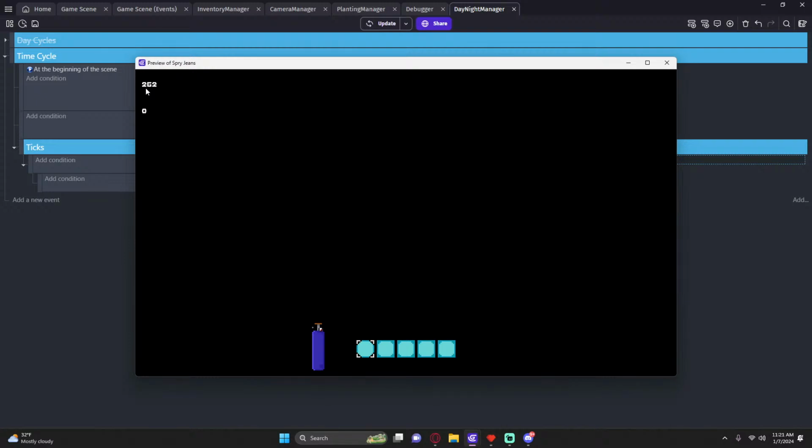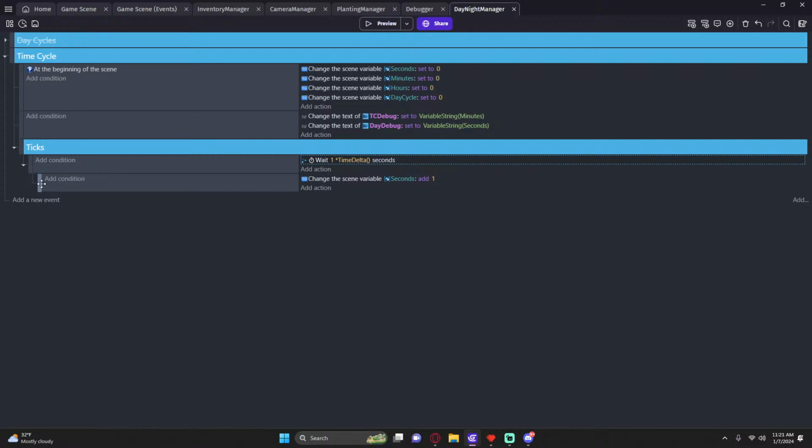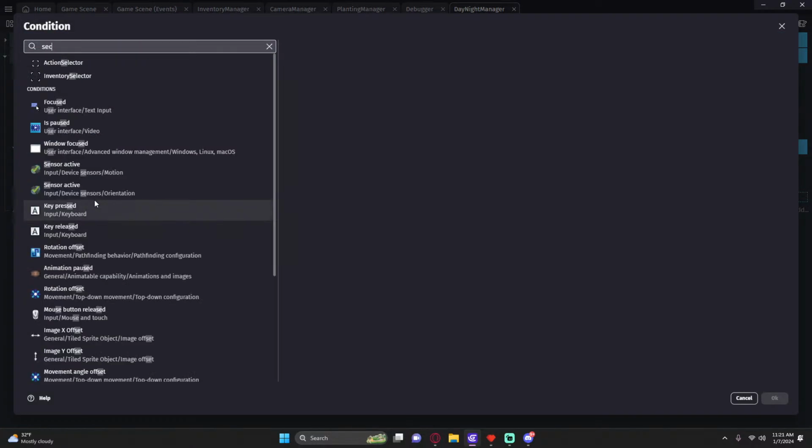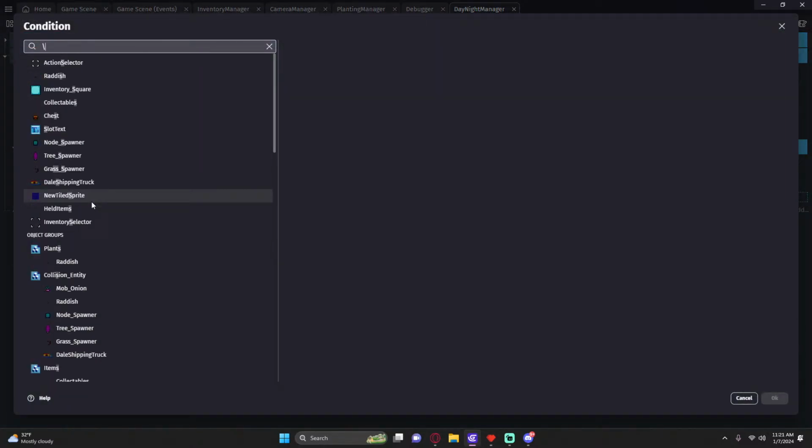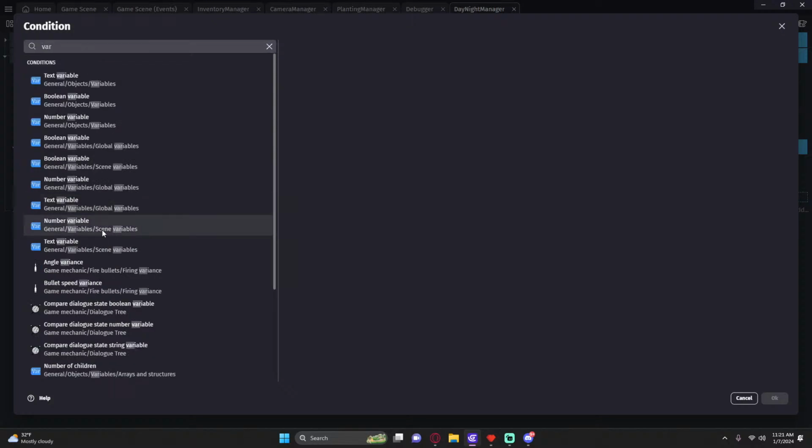So even if our FPS drops, it should always stay the same. When the number variable of